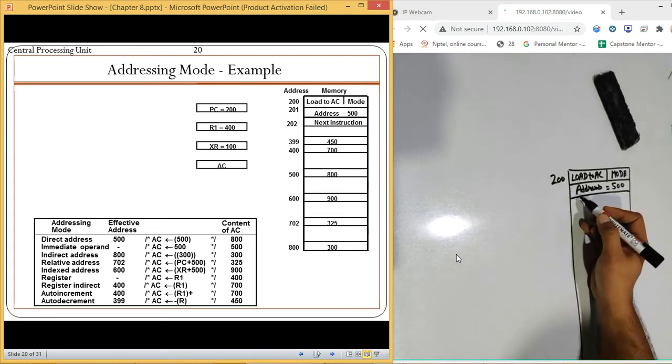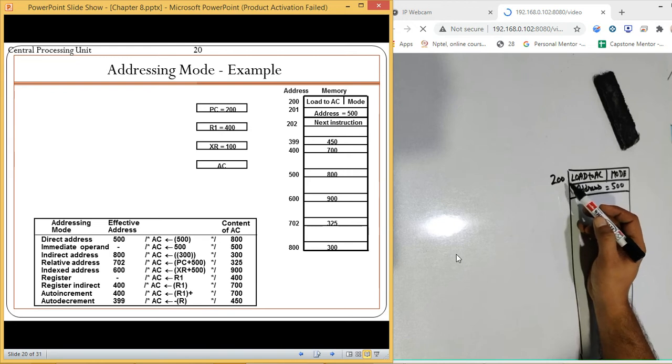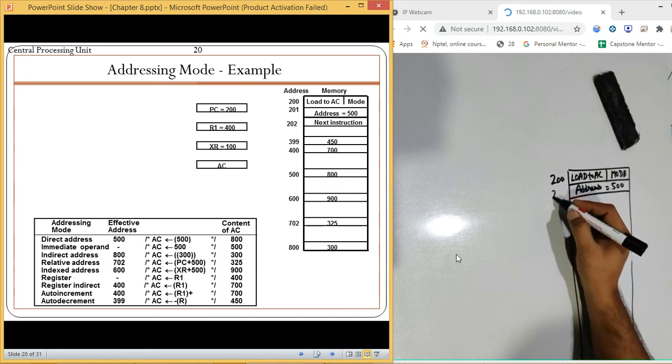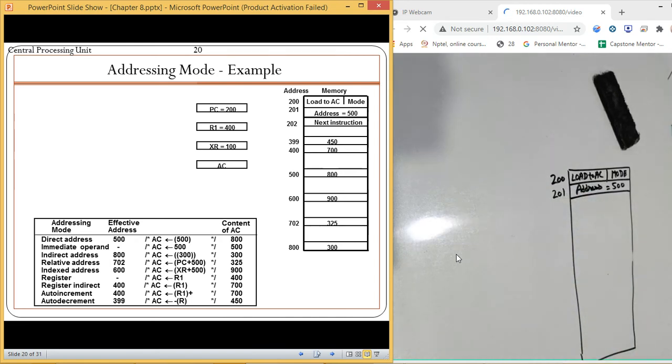So instead of putting the complete instruction on one word, they have distributed it on two places, in which the first is the opcode, the second is your address. So this instruction is on two locations, 200 and 201.